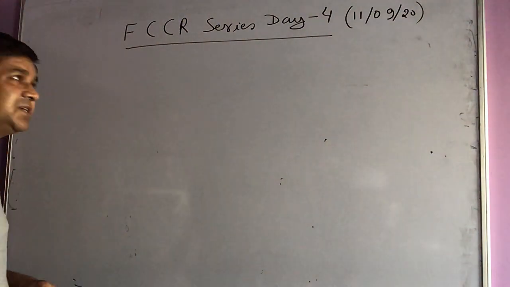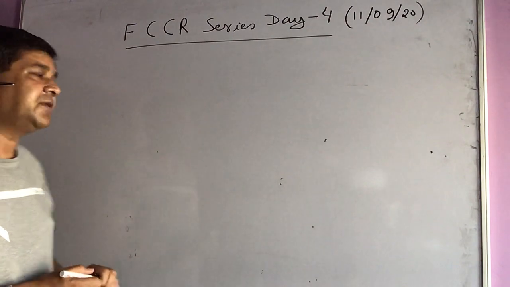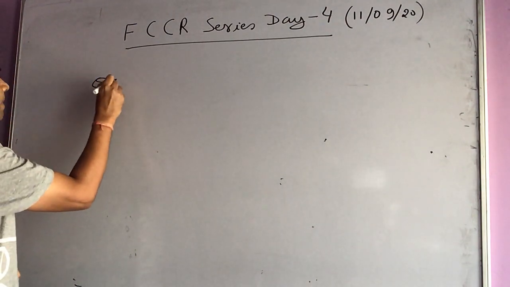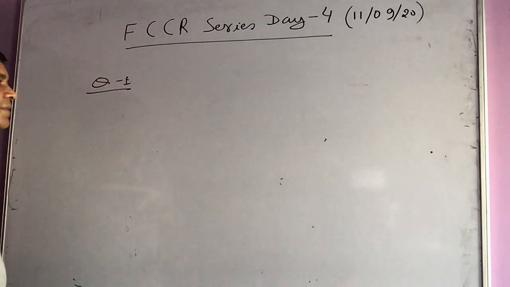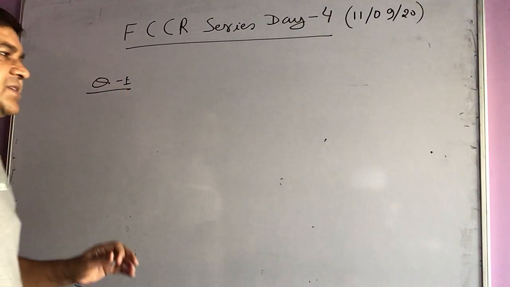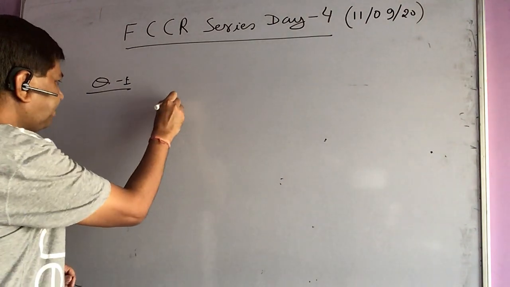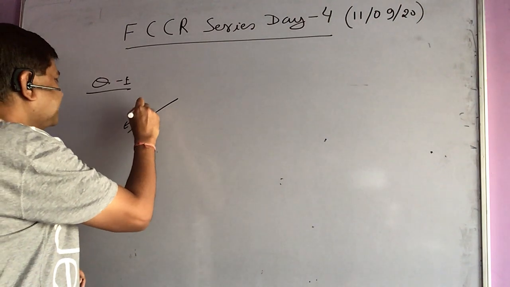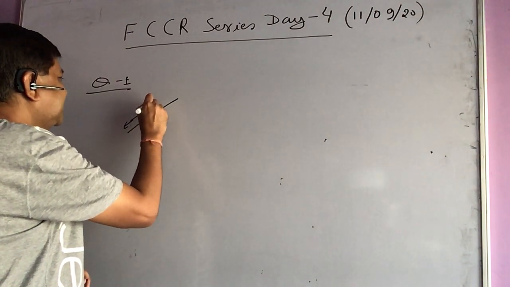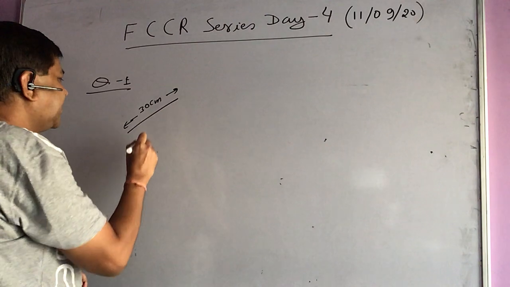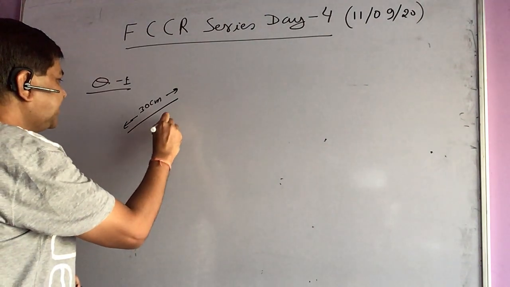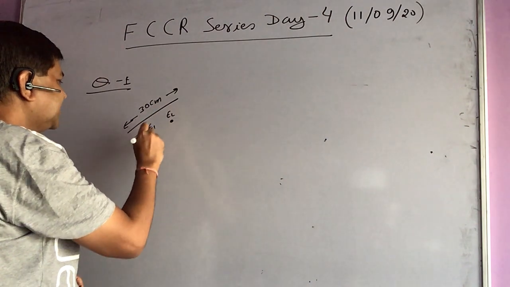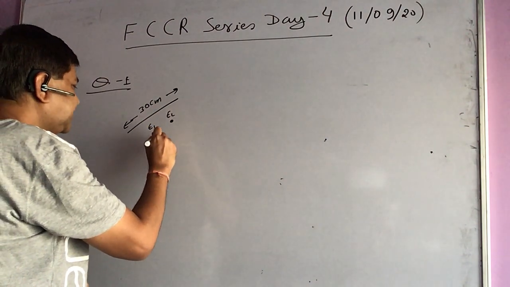So let us first discuss the question of yesterday. The first question of yesterday was that of ray optics again, that the face of a person has a width of 30 centimeter and the distance between his two pointed eyes, say E1 and E2, is 10 centimeter. So that is given to me, it's 10 centimeter.